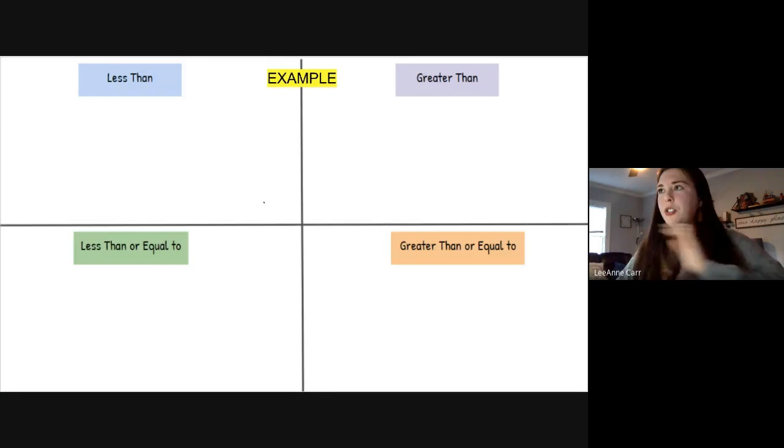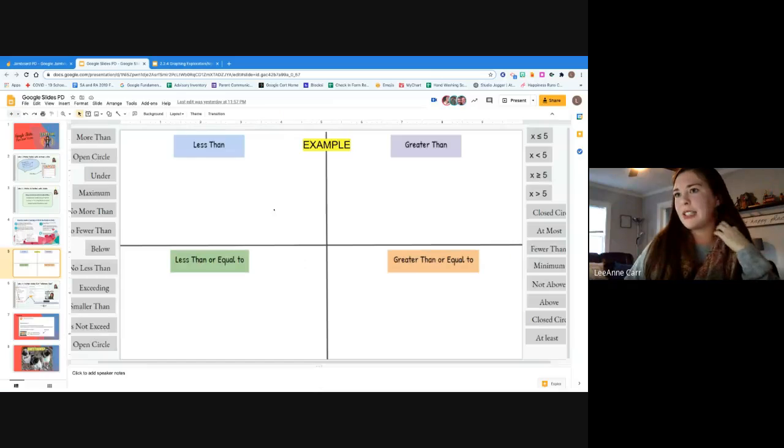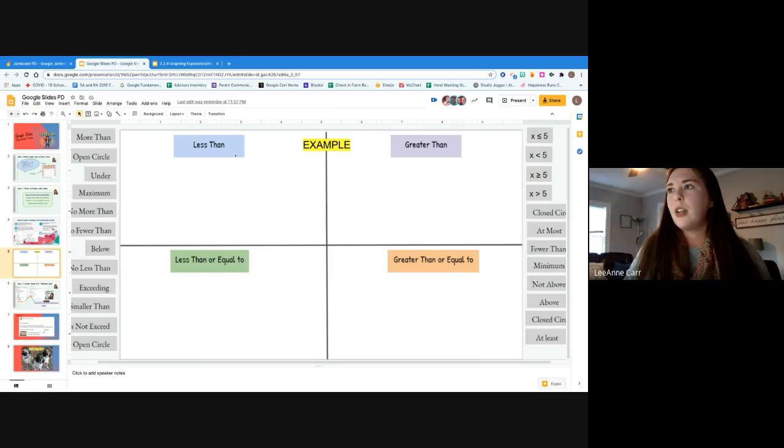So I'm actually going to exit out of the presentation so you guys can see the full screen. This is an example of a sorting activity that I've done in Algebra 1. This whole thing, the less than, greater than, that whole thing is a background. That is not editable. They cannot change the text to that. You can click on it as much as you want because I downloaded that as an image and uploaded it